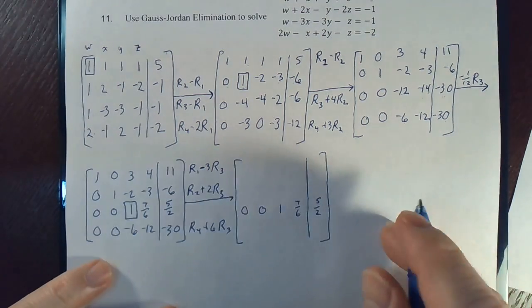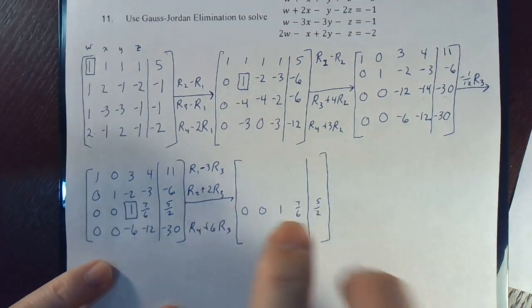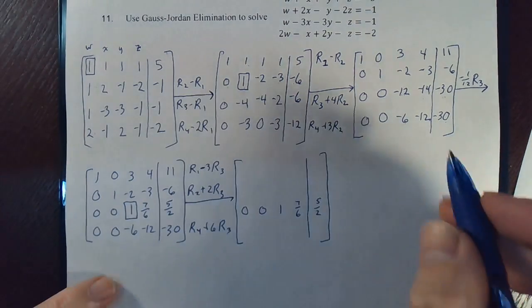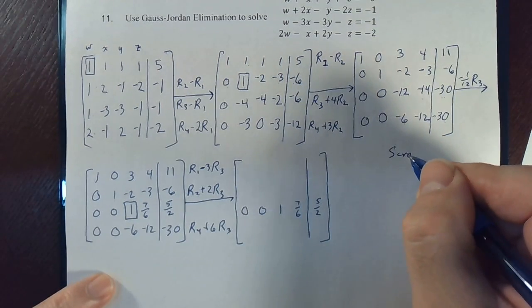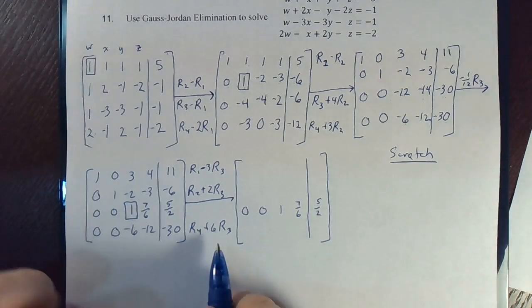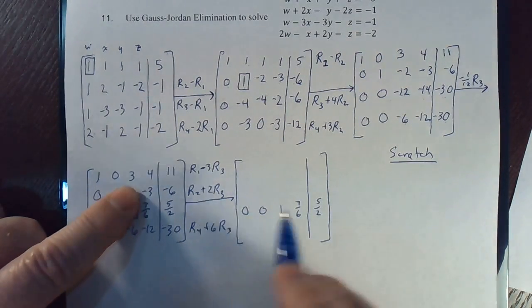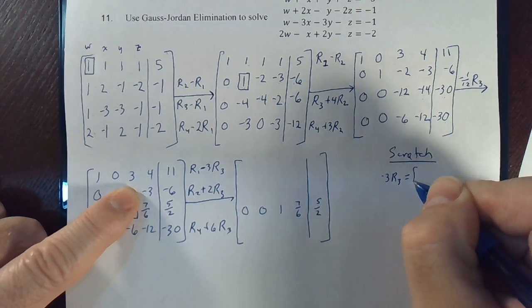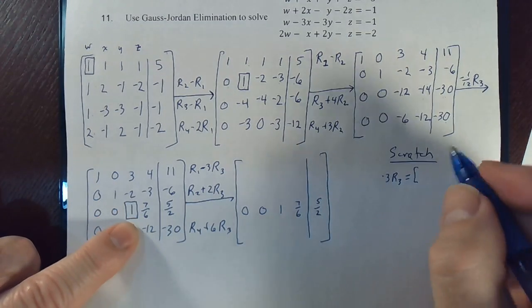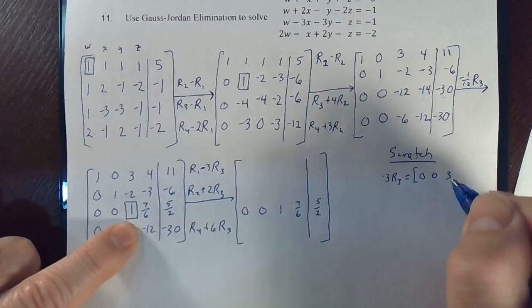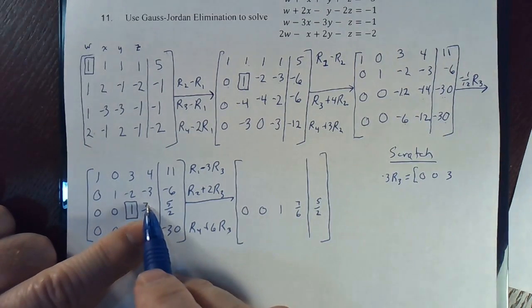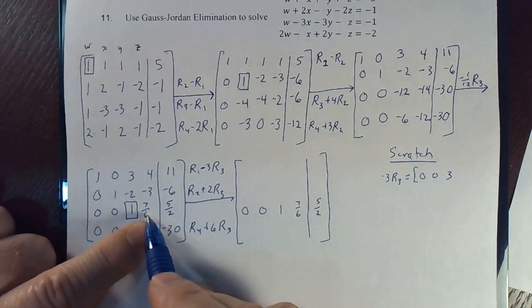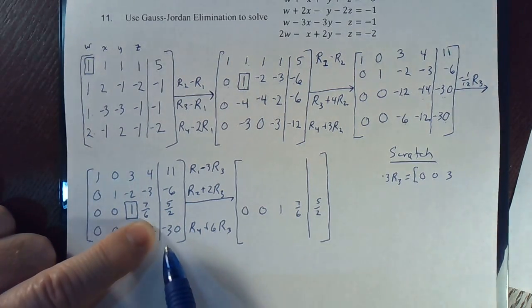Let me see. I'm going to use some scratch paper over here, so in my next matrix I'll write down below. This will be scratch paper. I'm going to write down what negative 3, row 3 is. Negative 3 times row 3 will be a 0, 0, 3. And then what's 3 times 7? 21. 21 over 6. 21 over 6 reduces. You divide them both by 3 to get 7 over,